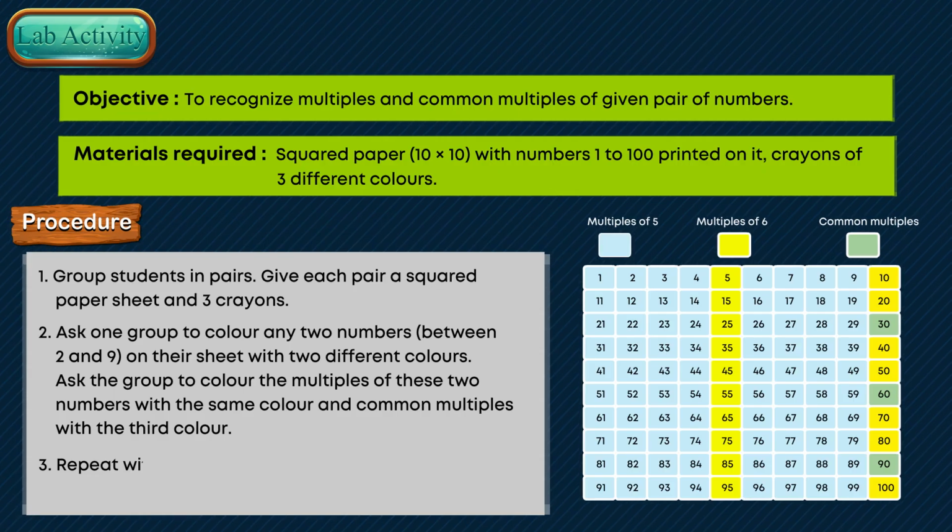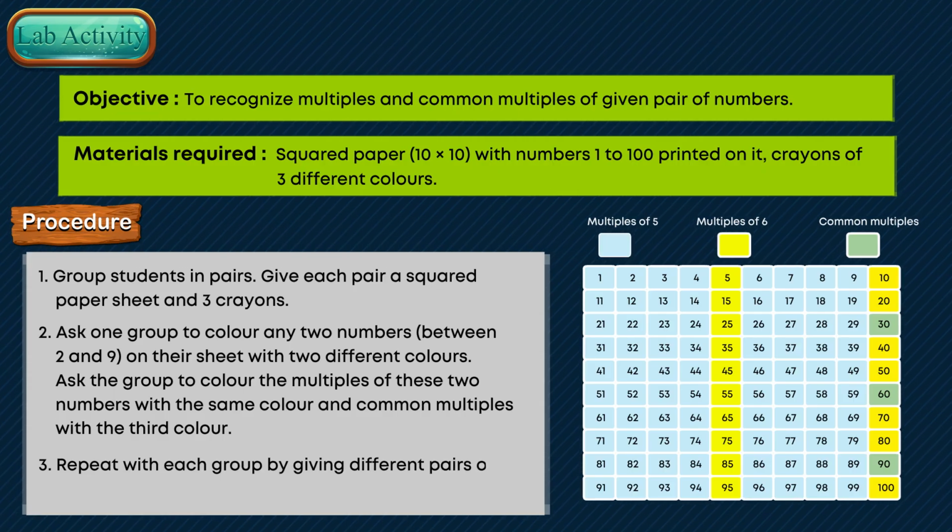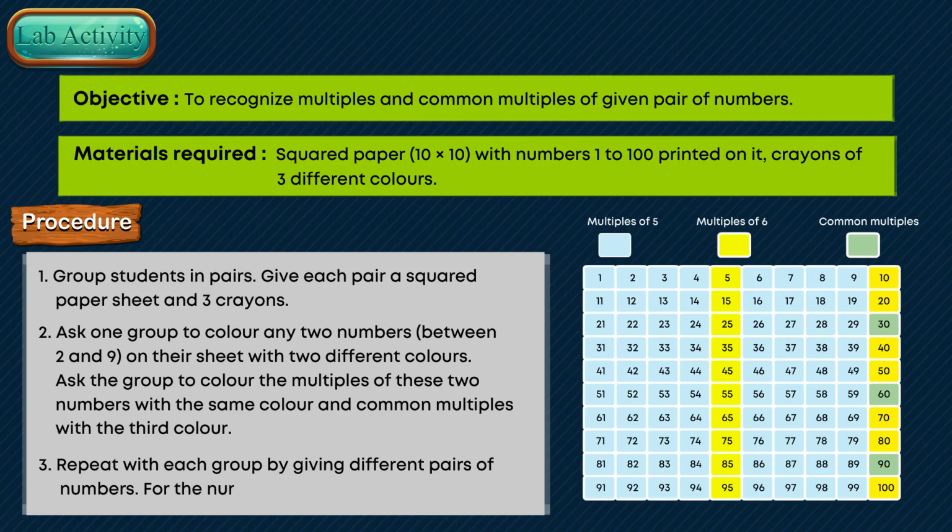3. Repeat with each group by giving different pairs of numbers. For the numbers 5 and 6,